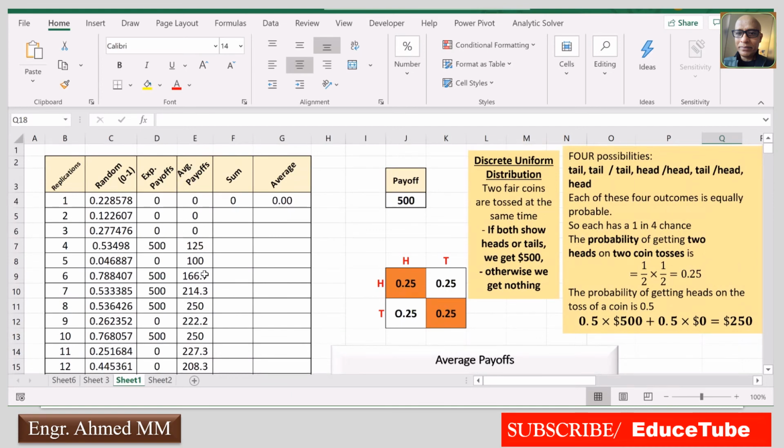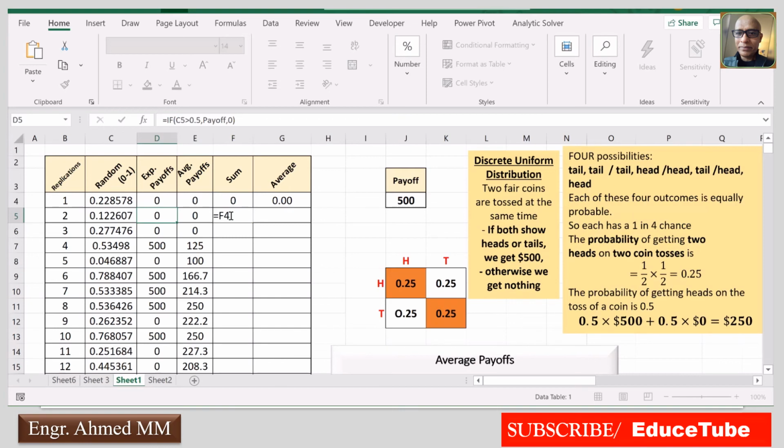Average payoff, same average payoff, we used the Excel formula. We can get it in another way, like here, if I go for cumulative sum, suppose this is D4. So if I want to go for cumulative sum, I will go equal to, I want to use this.